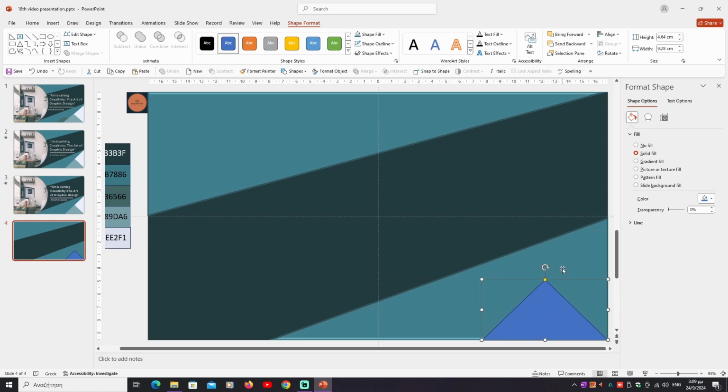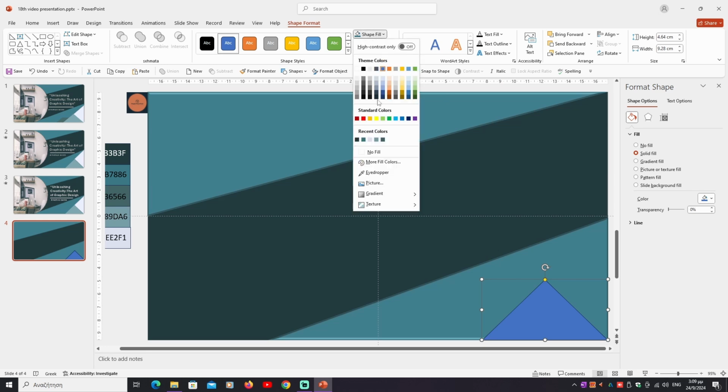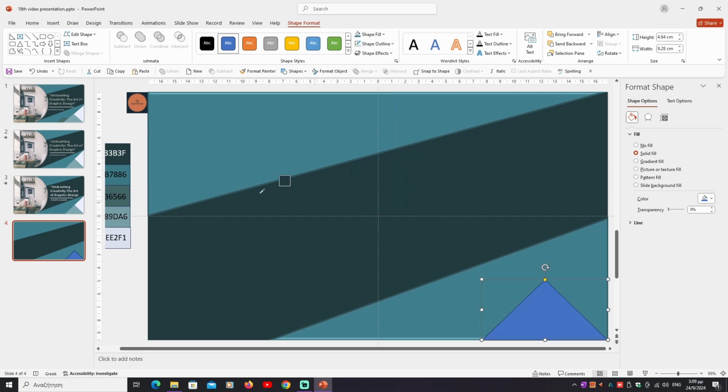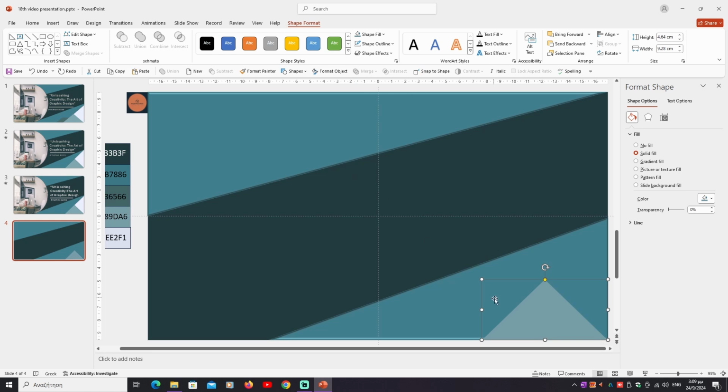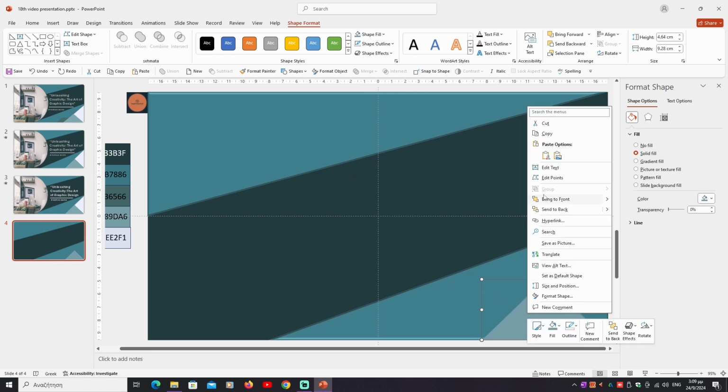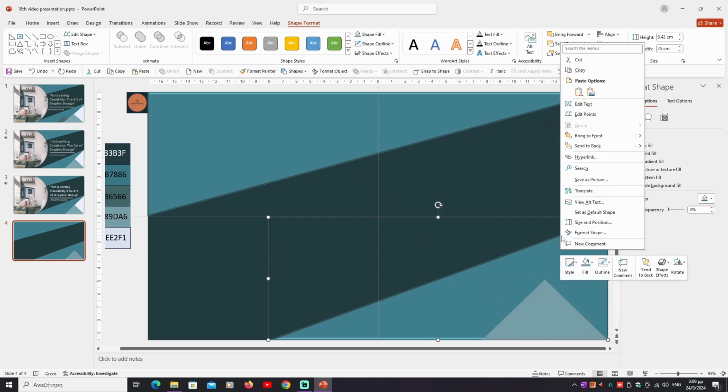We put it in the desired position, and we change the color. Shape Format, Shape Fill, Eyedropper, we choose the fourth color outside of the design area. Shape Outline, no outline. Now we copy one more time, right click copy, right click paste,